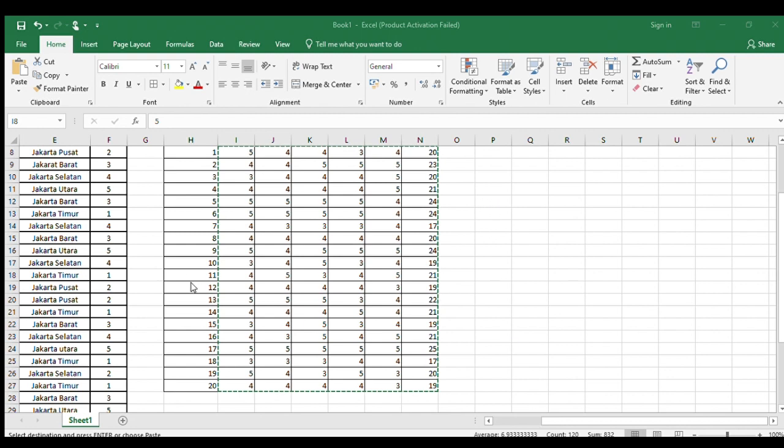R table for 20 respondents is 0.444. And then back again to SPSS.